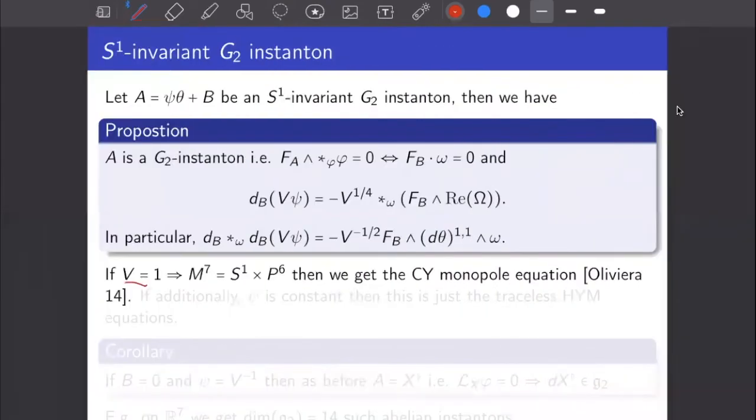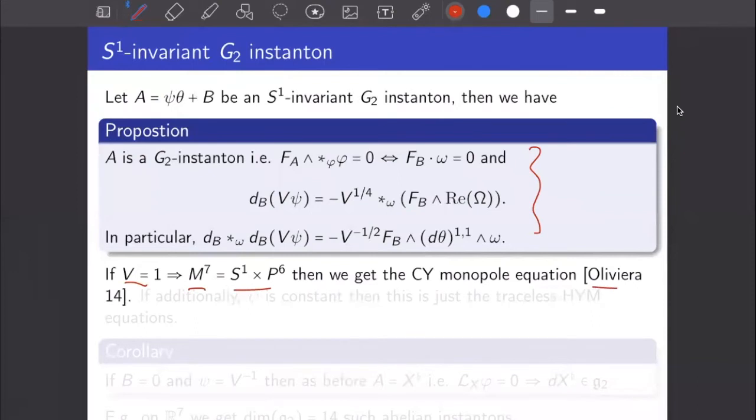First, we see that if the Killing vector field has constant size 1, then this forces our G2 manifold to be a Riemannian product. So our manifold splits as a product of S1 and the Calabi-Yau threefold, X6. And this system of equations here reduces to what is known as the Calabi-Yau monopole equation. So this is a system of equations on a Calabi-Yau threefold. For instance, this was studied in the work of Gonzalo Oliveira when the Calabi-Yau manifold was the cotangent bundle of S3